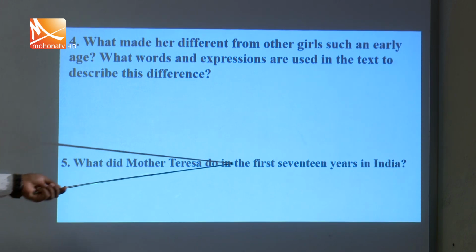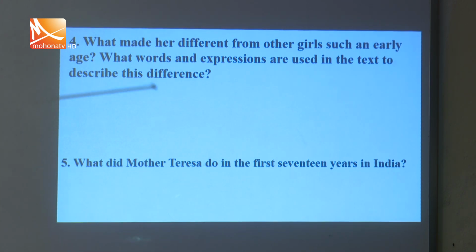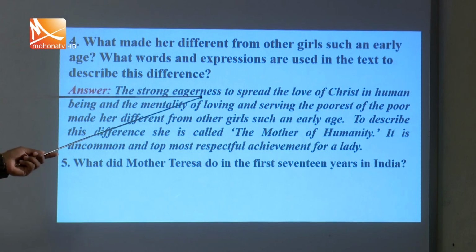What did Mother Teresa do in the first 17 years in India? We will see the answer to this question on the screen. The strong eagerness to spread